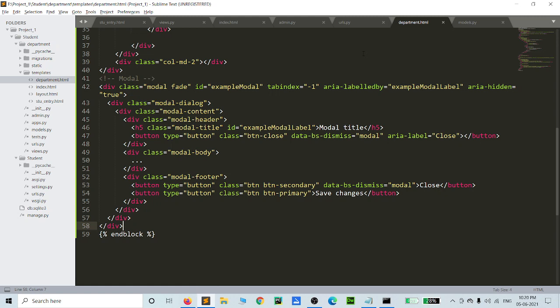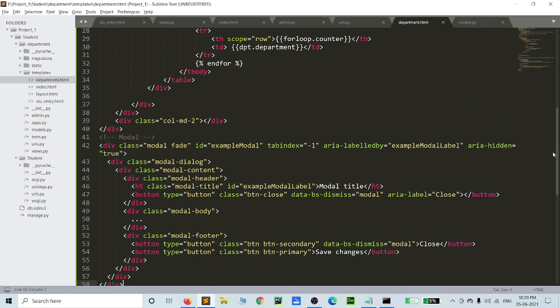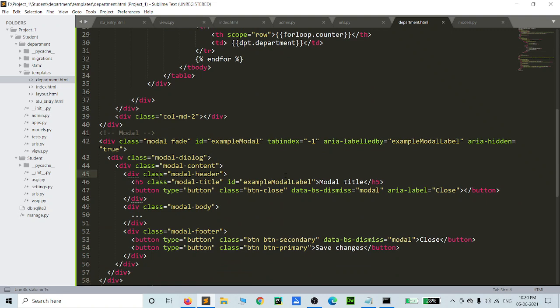Now in this modal body section, here is the modal title, add department.